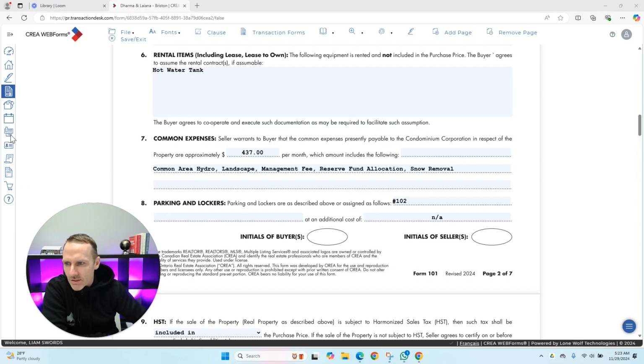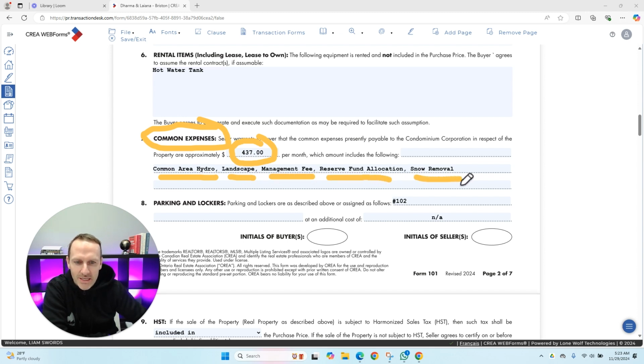Common expenses. So this is your condominium fee. So common expense. The condo fee on this is $437. That looks after the hydro, landscaping, management fee, reserve fund allocation, and snow removal. And last but not least on this page is parking and lockers, parking space number 102, and there's no additional